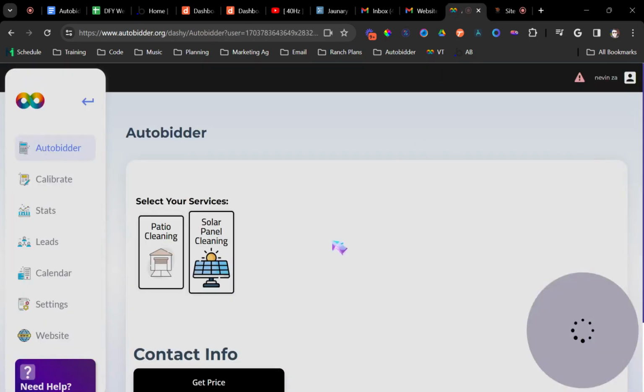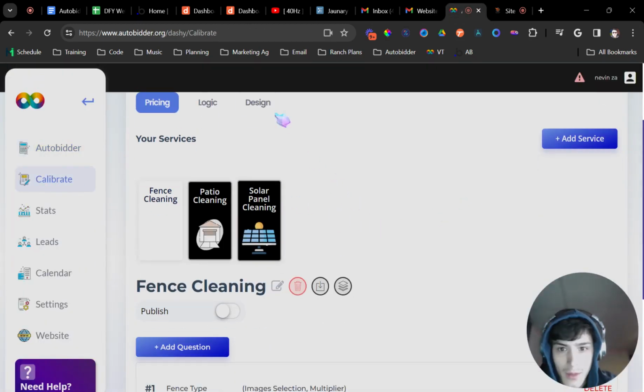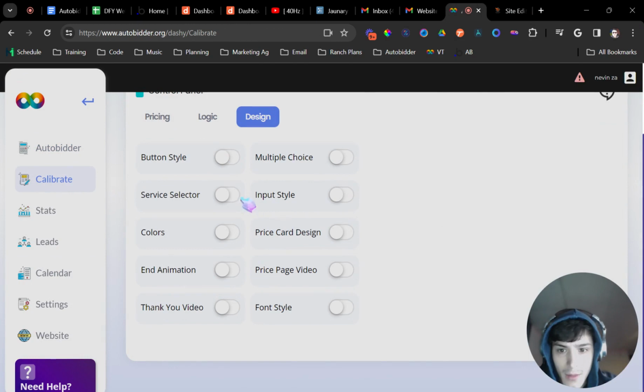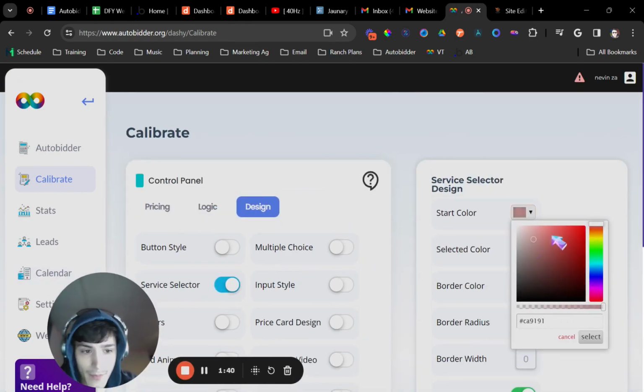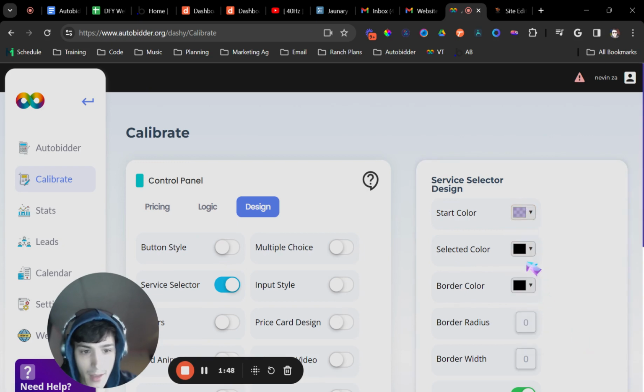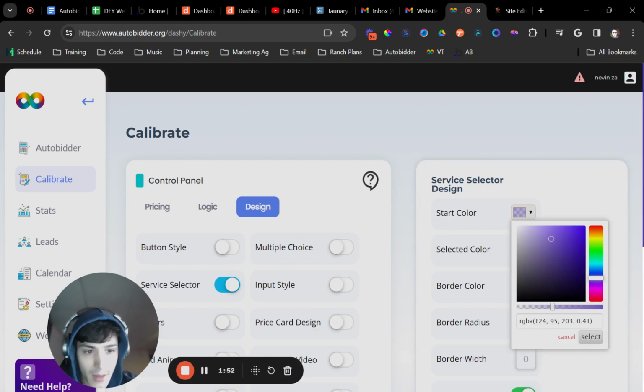All right, and then let's go to design. Service selector is where we'll start. Generally, this is how I like to do it. Start with whatever your color is, and then for dark mode, since the background's black, I like to make it kind of transparent. And then when it's selected,